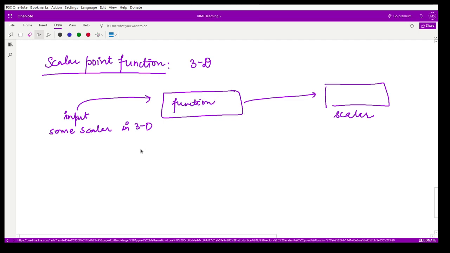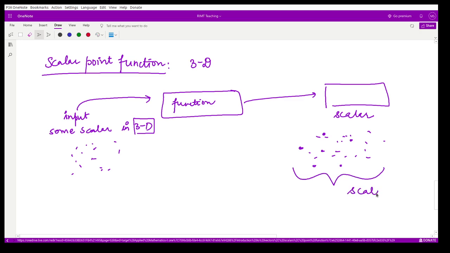In this function, if you give all the points of the 3 dimension, then corresponding to each point you will have one scalar here, one scalar here, one scalar here, and so on. So according to every point in this 3 dimension space, you will have some quantity. So this is known as scalar field because it comprises only of all the scalars. So this is a function f of x, y, z, and suppose we have x, y, z points here. Whatever is the answer, that is your scalar field.